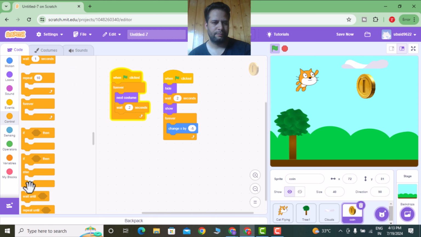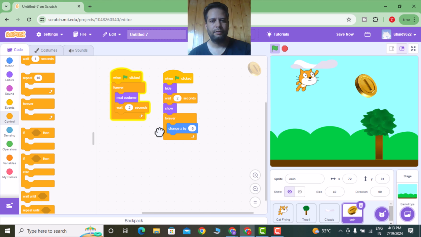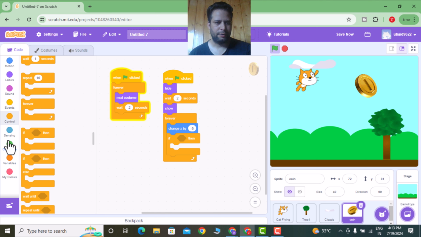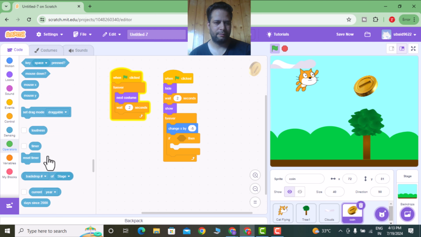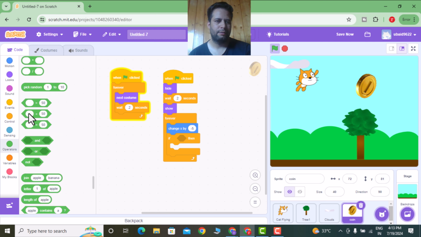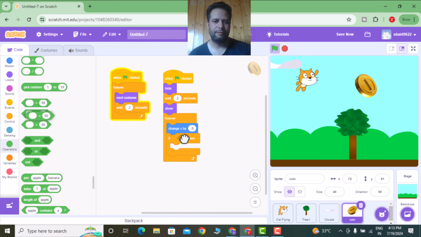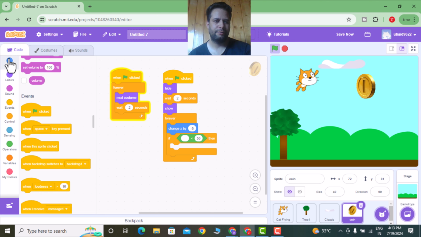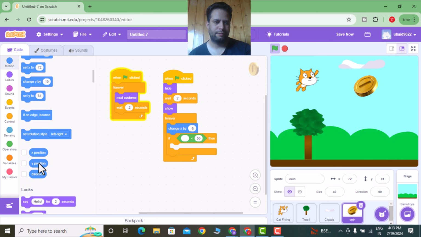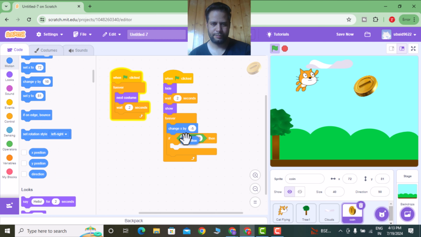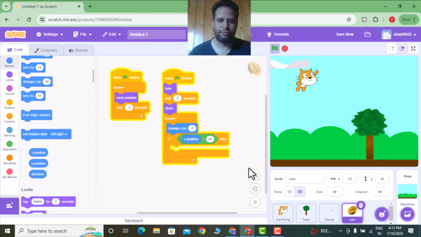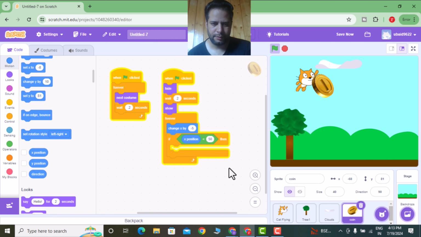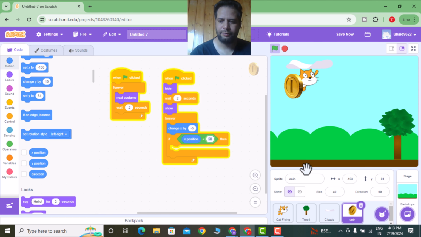If x position is less than, tab, so motion x position is less than -250. Then we have to go to,